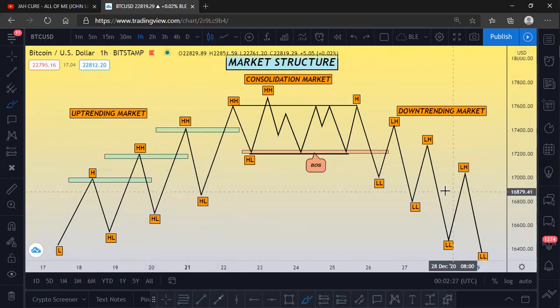The same thing applies for a downtrending market. You only want to sell at the lower highs. So basically this is market structure. This is how it works. I don't want to go too deep into how you catch entries and all of that. I just want to keep it simple for now, and over time we'll go from the simple to the advanced. We move on.